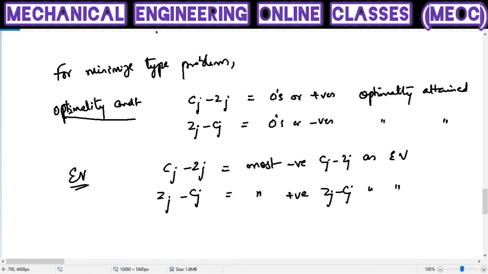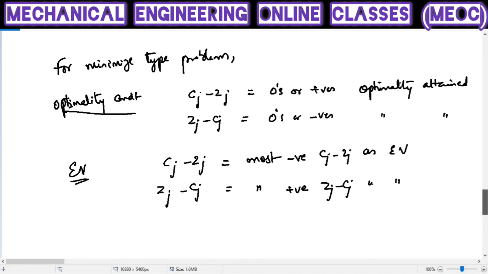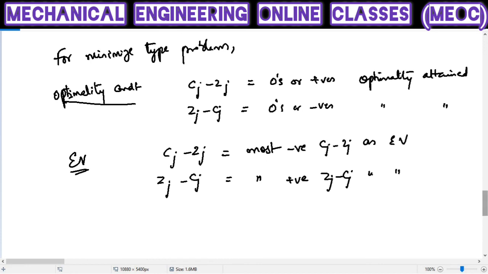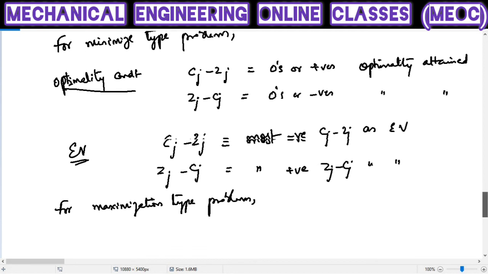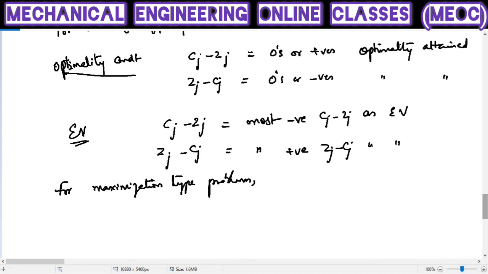Similarly, let us see for the max type of problem. I just suggest that you follow any one convention. I always follow Cj minus Zj alone for max type or min type or whatever it is. But because there are several textbooks with several conventions, I'm just trying to put them all into one shell so that you don't get confused. No matter what convention you are following, I'm just shelling it into one particular place so you can